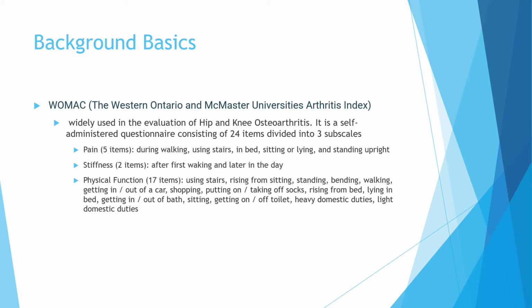All right, so the study also, in addition to using a visual analog scale, they also referenced the WOMAC. The WOMAC has been around for some time now as well, and it's the Western Ontario and McMaster University's Arthritis Index, so WOMAC. This is very common for hip and knee osteoarthritis. It's more detailed than the visual analog scale.